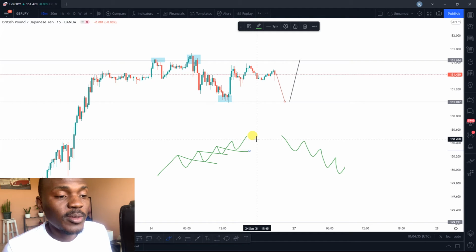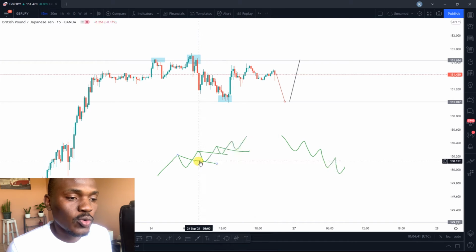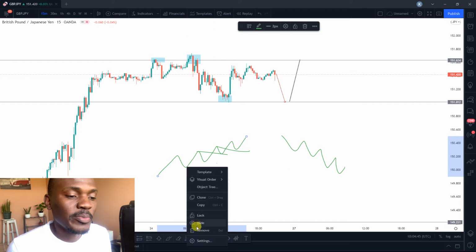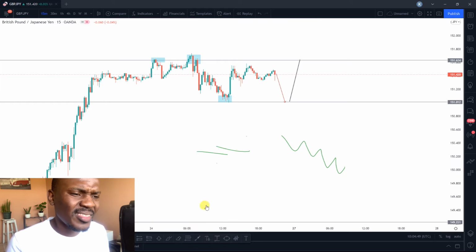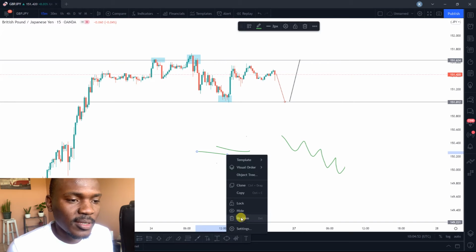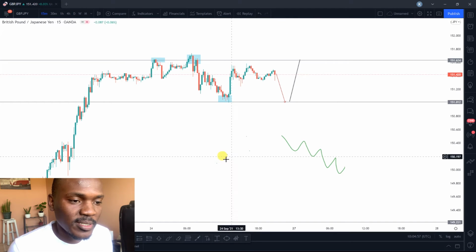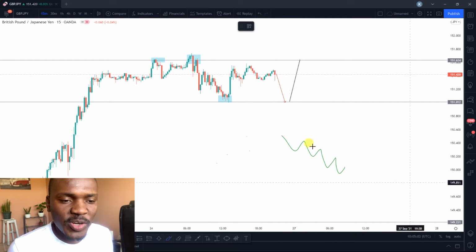Even if you read the trading books, they'll tell you you always buy low on a buy zone. You always want to buy when the price is cheap. So that's when you have to buy low, but on a buy zone where there's a lot of buys. It's the same thing on the downtrend,